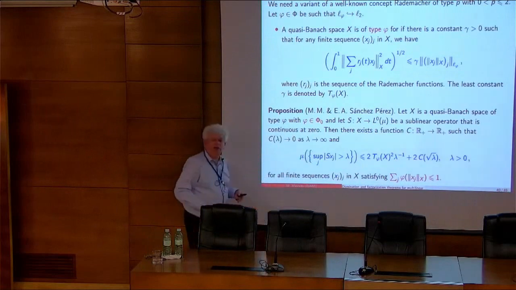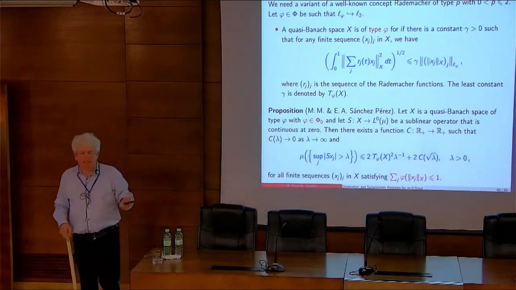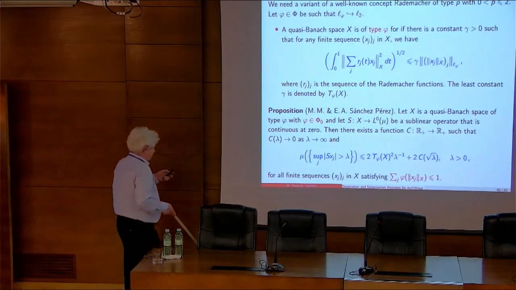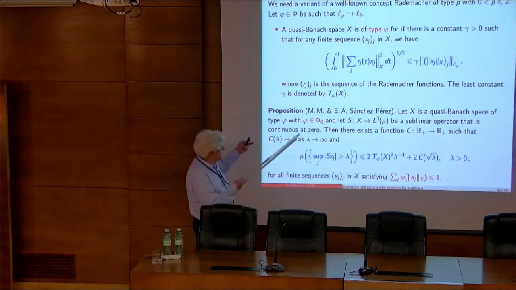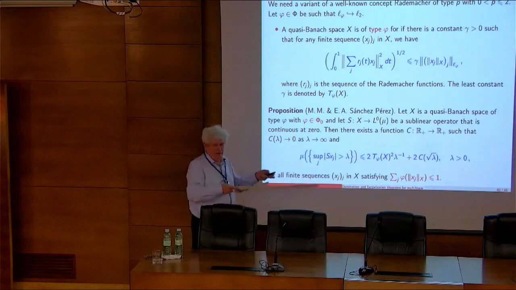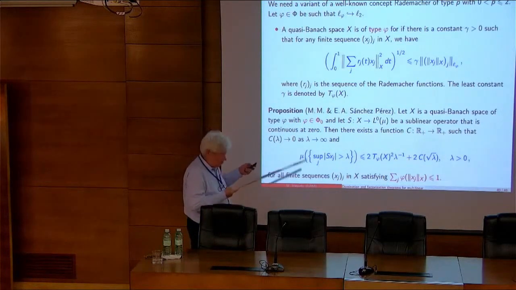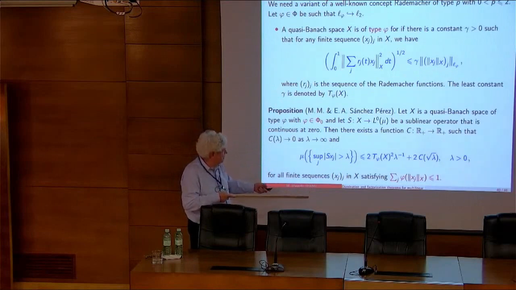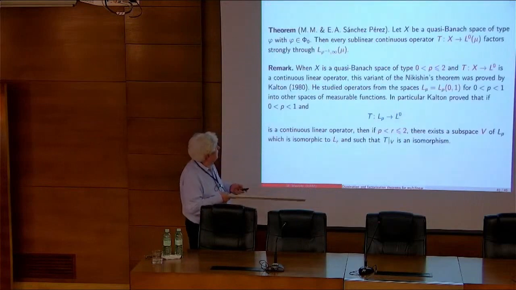Such kind of estimation in general appears in applications to stochastic processes, so this is very useful in general. For example, we can take an operator which is sublinear, the maximal Carleson operator, which is the maximum on the circle of the partial sums of the Fourier series. Nikishin exactly gave an application of his result to trigonometric series also. So this estimation is true whenever we know that the sequence is in the unit ball of this Orlicz space.